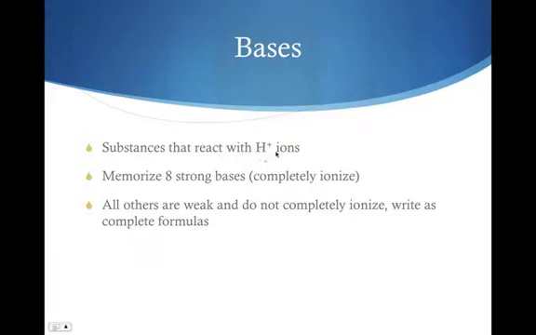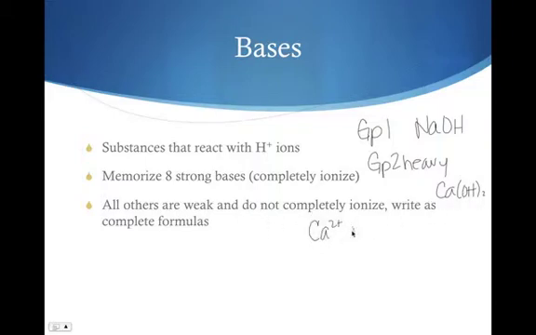Bases are substances that react with hydrogen ions. You need to memorize the 8 strong bases, and the 8 strong bases are all of the hydroxides from group 1, so like sodium hydroxide, potassium hydroxide, stuff like that. All of the group 1 hydroxides, and all of the heavy group 2, calcium and below. So magnesium hydroxide is a weak base, and so you would not completely ionize it, but calcium hydroxide is strong, and you would. So you would write it as calcium ion and 2 hydroxides,